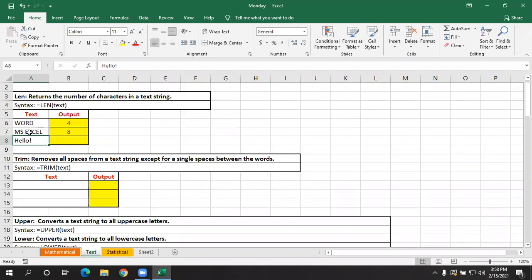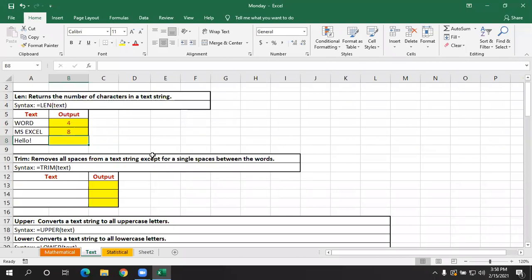What about the next cell? How many characters does A8 contain? In A6 we had 4, in A7 we had 8, and in A8, how many characters are there? Totally we have 6.